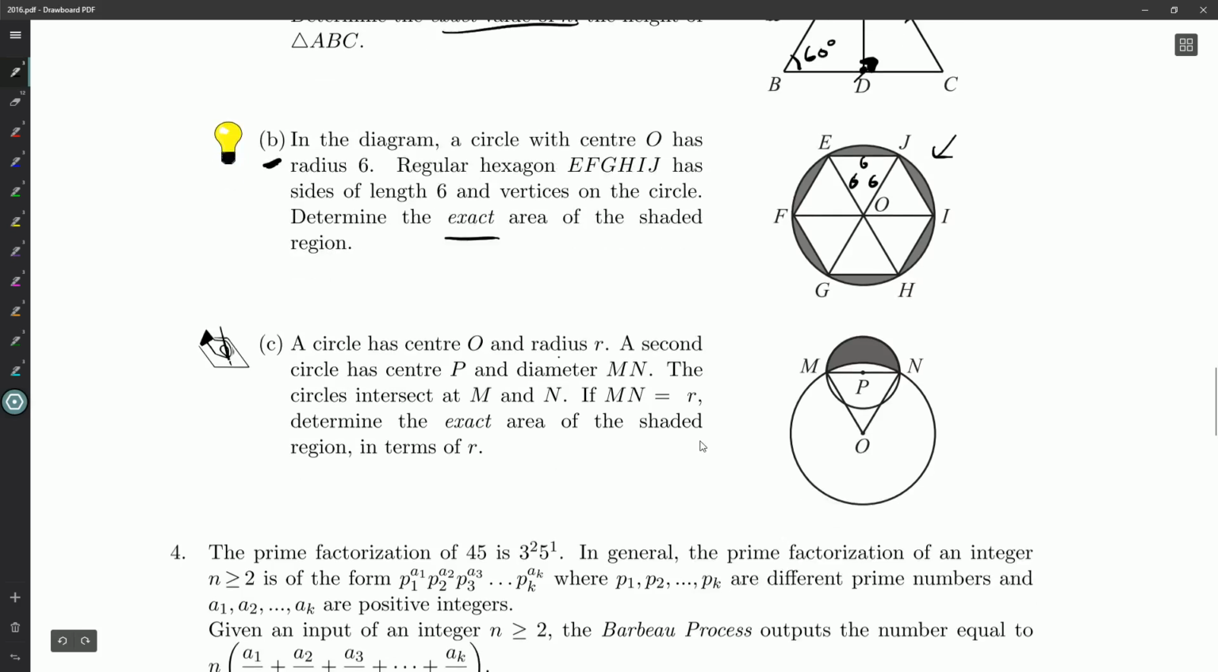A circle has center O and radius R. Ooh, I don't know what R is. That's okay. A second circle has center P and diameter MN. The circles intersect at M and N. If MN is equal to R, determine the exact area of the shaded region in terms of R. This shaded region here,